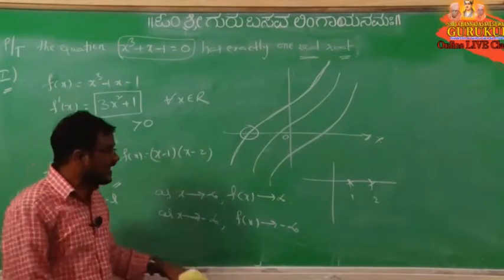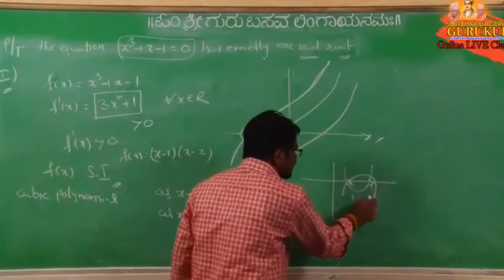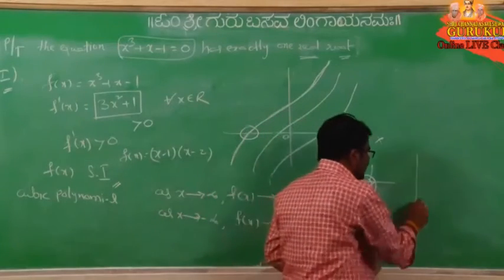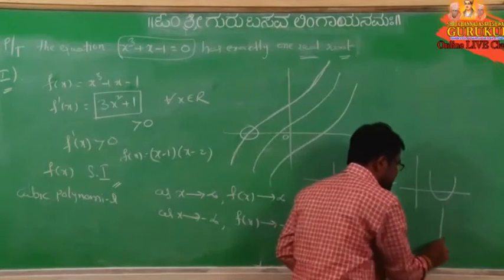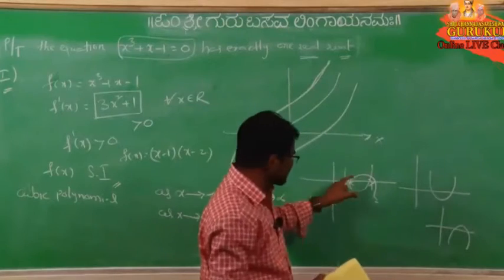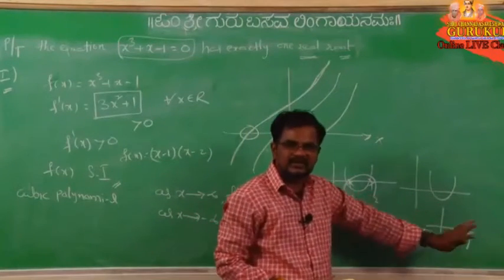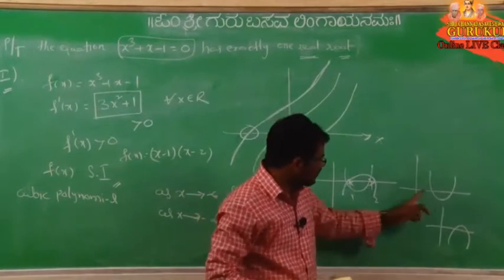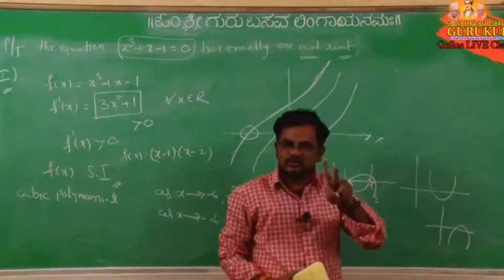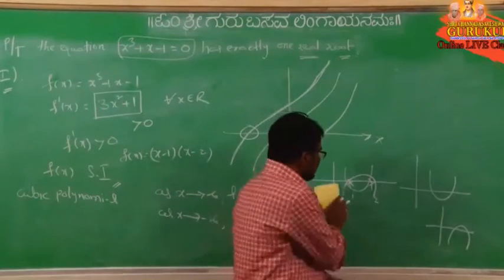Because the graph, if you take it like this or like this, is intersecting the x-axis. We can take it according to the positive and negative signs to get the proper graph, but for understanding purposes I am taking it like this. So it is intersecting at how many places? Two places, or not?